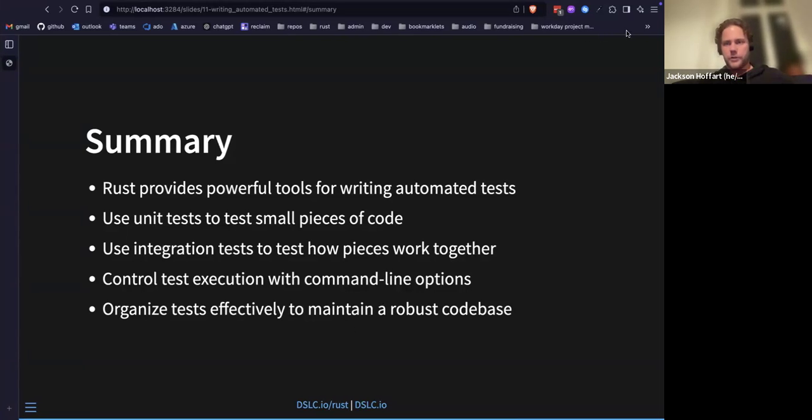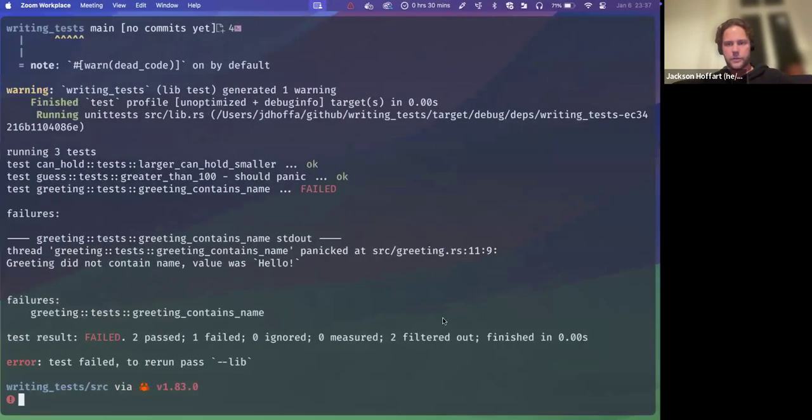Yeah, so I'm going to stop sharing my screen if I can. As I said, I didn't actually get into